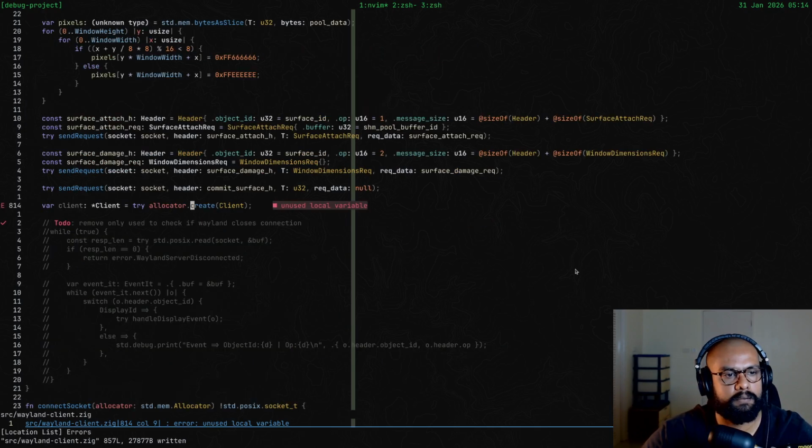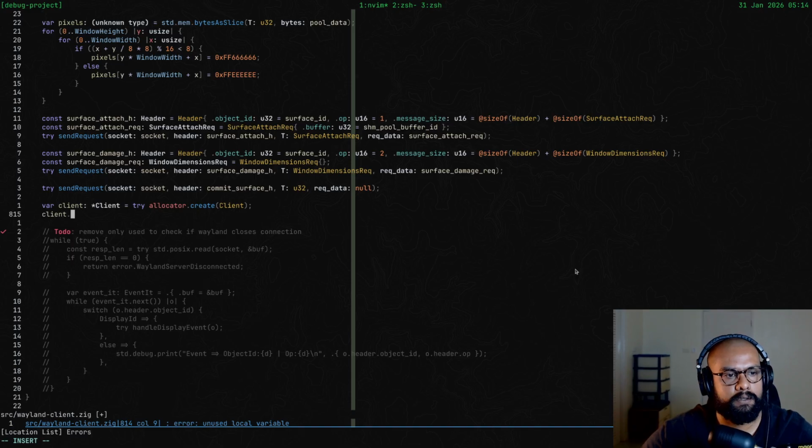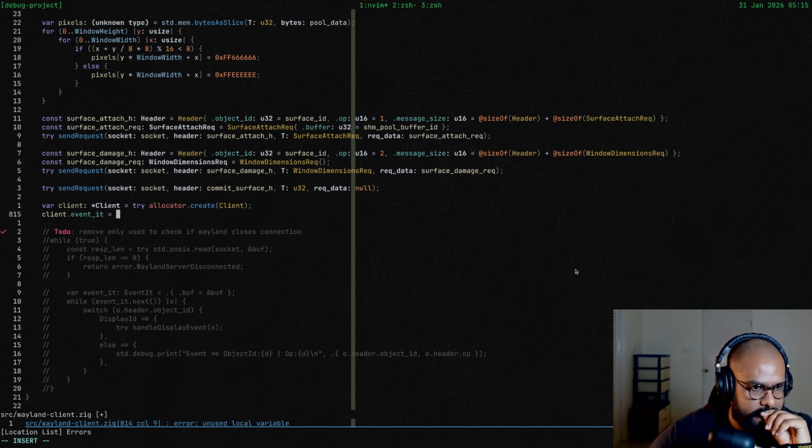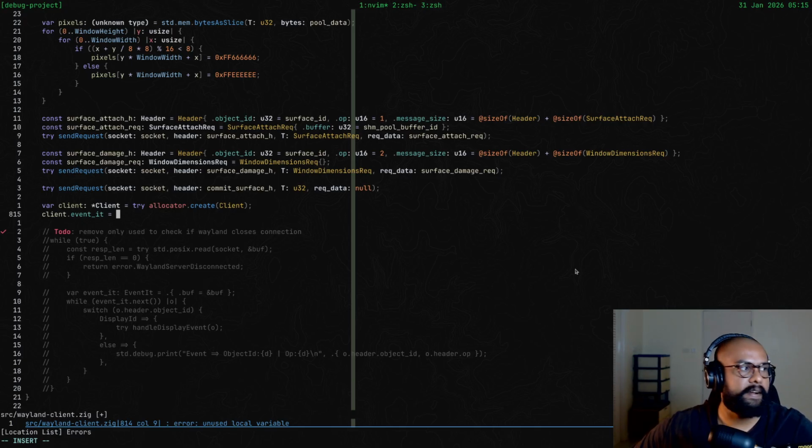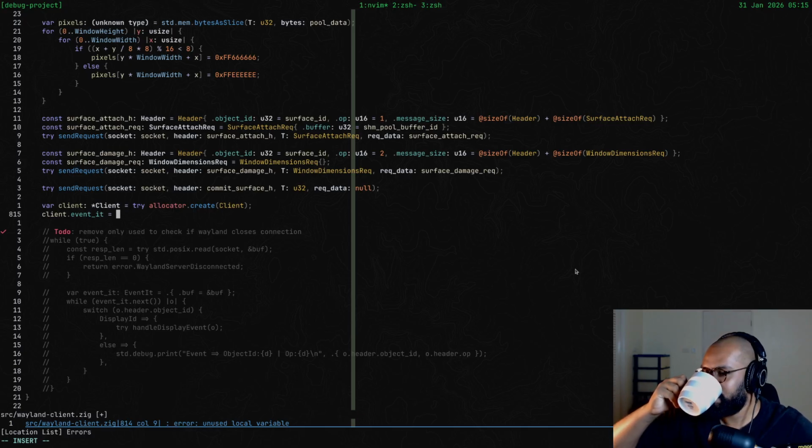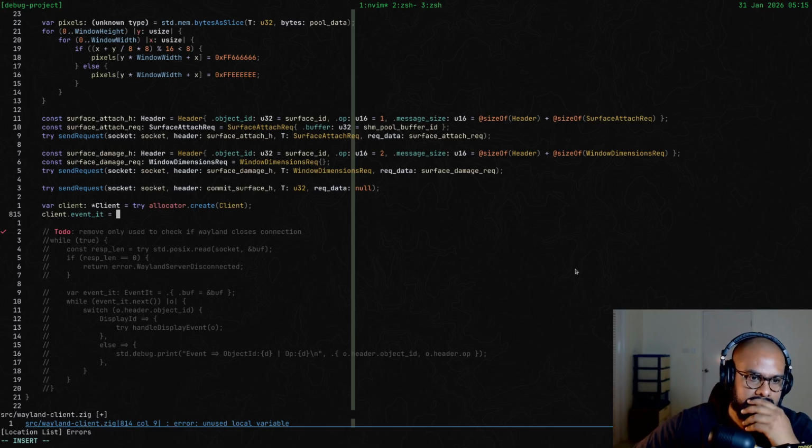Returns a pointer, that's what we need. Client dot event it equals... actually, it might not be that easy, because to get an event iterator, we need